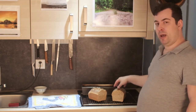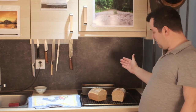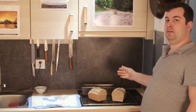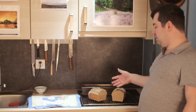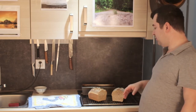I like to bake bread in a form because it has a shape afterwards. You can cut this in finger thick slices and make sandwiches from it. They will knock people out of their shoes. You can make salami sandwiches with this, cheese sandwiches, you name it, and